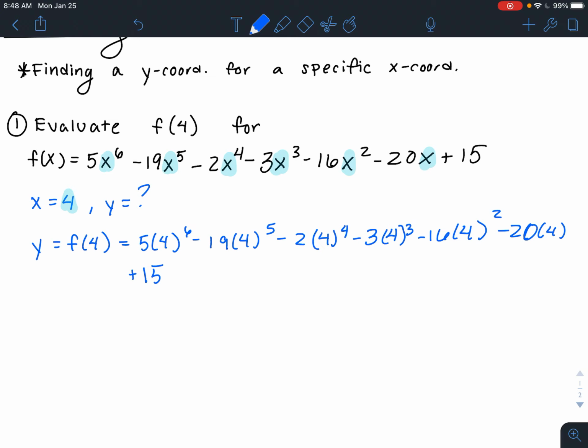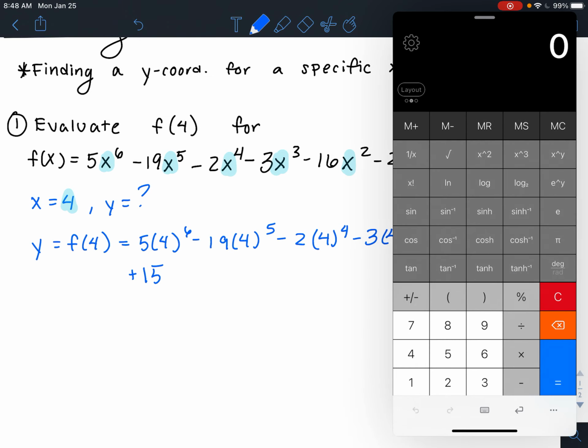Now, I don't know what 4 to the 6th power is in my head. Maybe you do, but I don't. So I'm going to use my calculator. I'm going to slide my calculator on here, and I'm going to type this whole thing into one line. So I have 5 parentheses 4 raised to the power of 6,